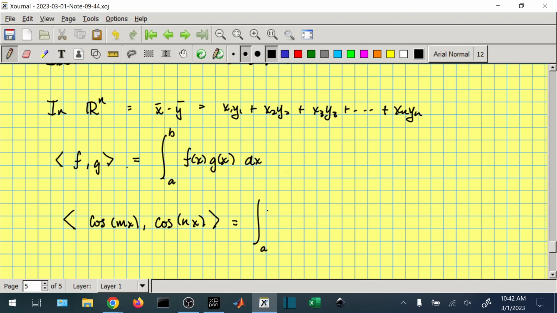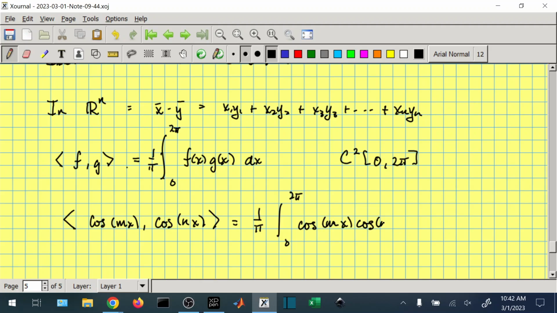Well, integral. We're going to add a 1 over pi and go from 0 to 2 pi. So we're in the vector space C2 of 0 to pi. So we'll get 1 over pi times the integral from 0 to 2 pi of cosine mx